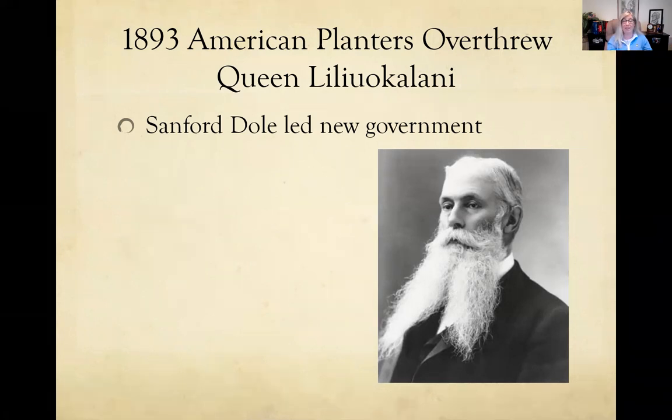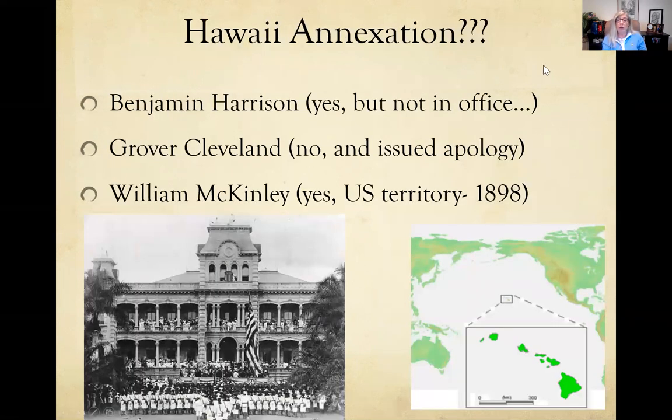Doesn't this remind you of exactly what happened with Texas, where Texas won its independence from Mexico, but really the Americans who were living there were wanting annexation so that they could avoid those tariffs that would have made their products less profitable. So Sanford Dole is wanting Hawaii to be annexed, and the queen has no influence anymore. So when we look at Hawaiian annexation, Benjamin Harrison was president initially when this was first coming